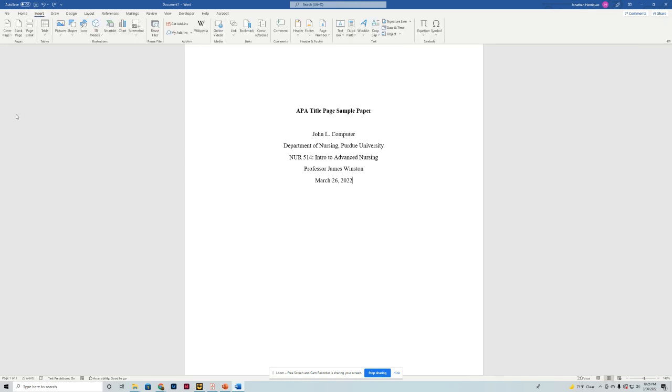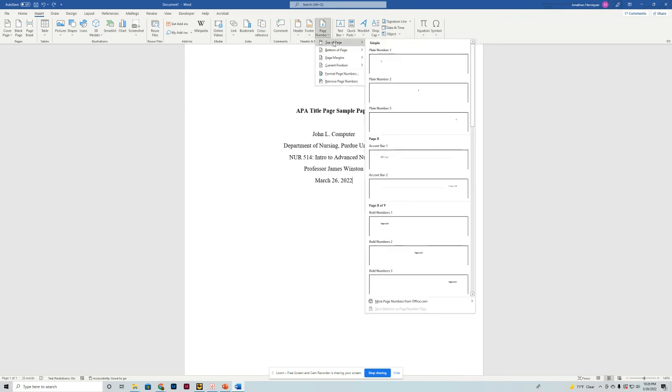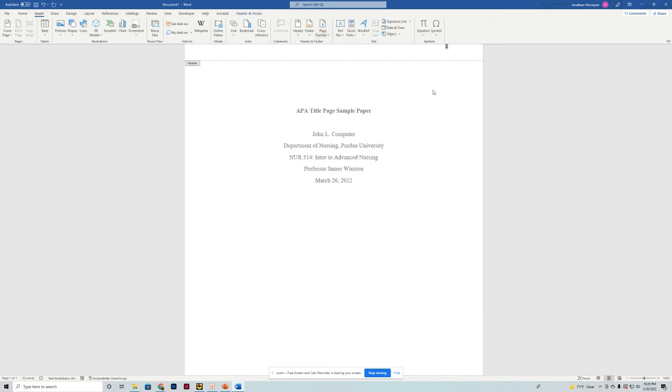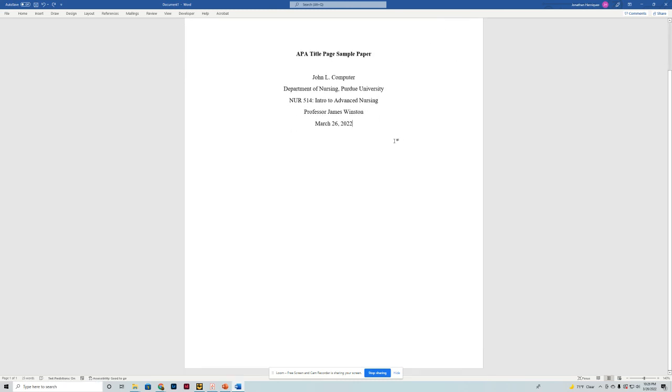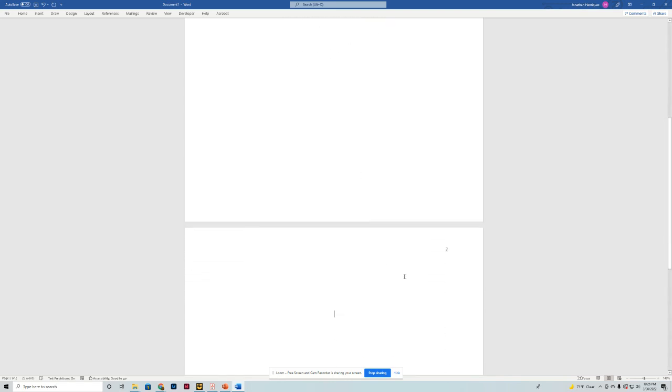However, we're going to hit Insert, and then we're actually going to go over here to Page Number, and we're going to want this on the top of the page, and we want it over to the right, right? And so we're going to click on this here, and it's going to show us that it's now added the page number into the header. And it's letting us potentially change that if we want to, which we don't. So we're just going to leave that alone there. I'll double click here, and now it's done. My page number is here. There's not another page at the moment, but when I come to my next page here, the page number is